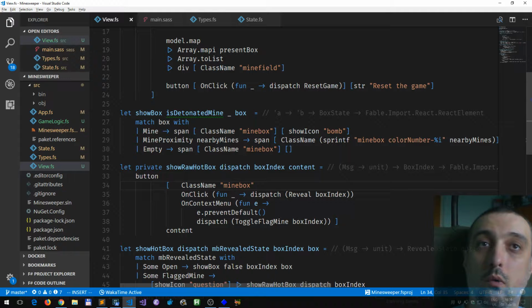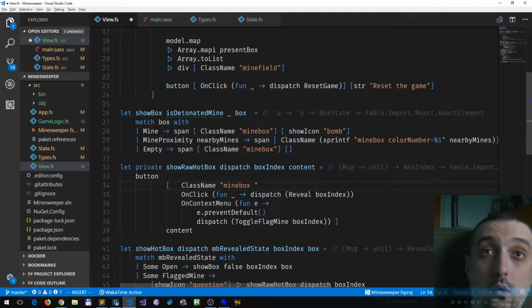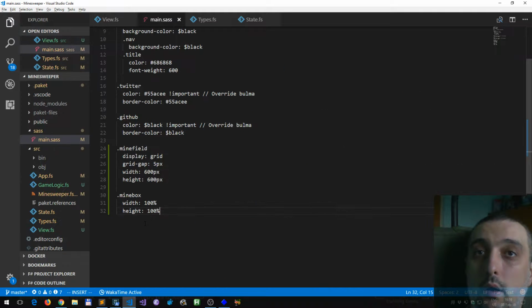Let's have a different cursor for those. And the color number also, I need to create color number. So this is hot mine box. So I will need to have